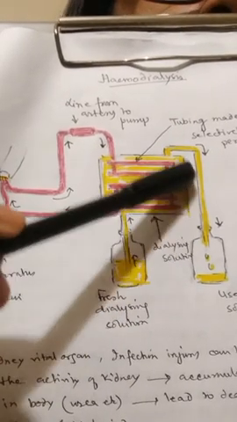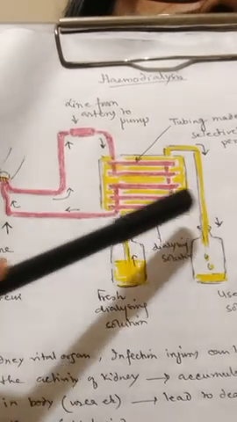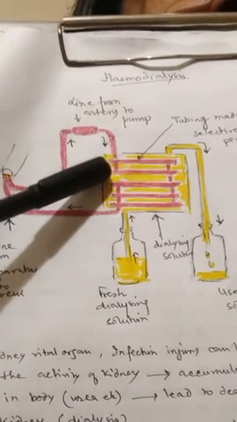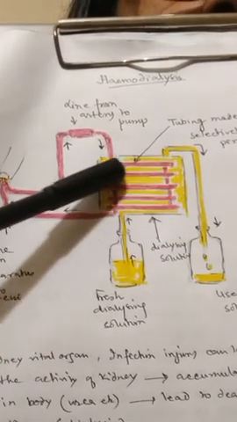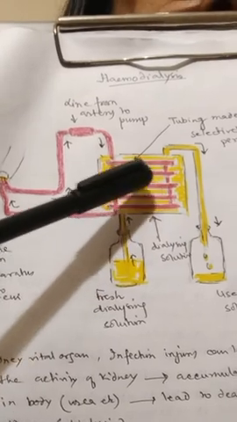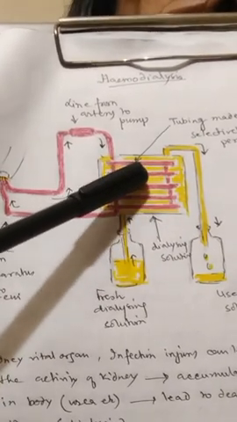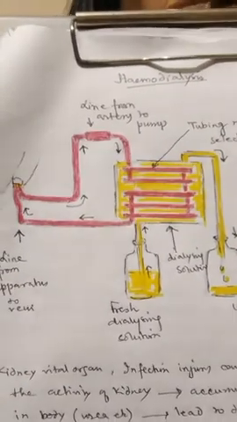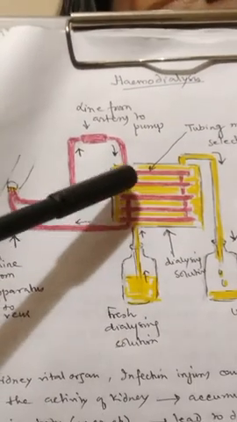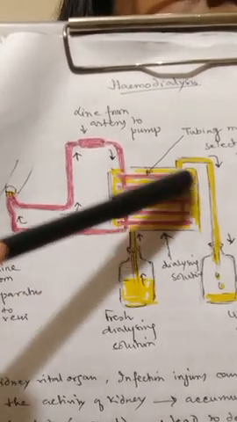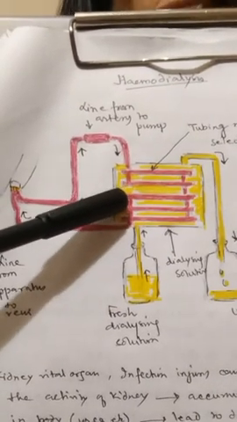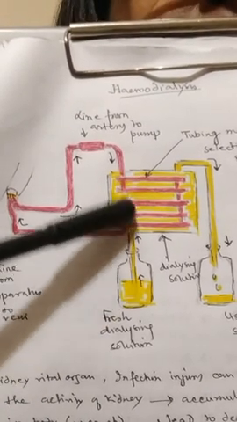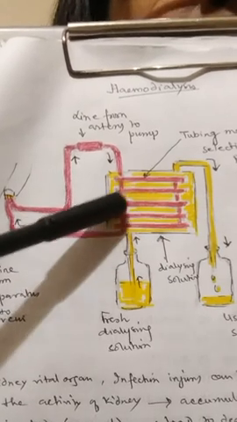Now, what else is there in this dialyzing machine? These tubes are suspended in the dialyzing fluid. You can see here this yellow part is the dialyzing fluid. So these tubes with semi-permeable membrane, containing blood, are suspended in the dialyzing fluid. Now what is the constituent of dialyzing fluid? You can see here, this is the source from where dialyzing fluid is continuously given to the machine.